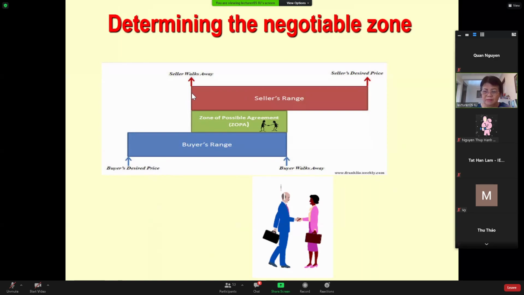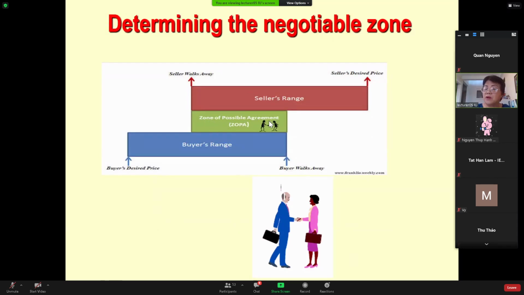If we pay the seller below this price, the seller will walk away. They will not sell it to you. Okay? And if you cannot buy the goods and services at this price, as the buyer, you walk away. Okay? So this is the room of negotiation. This is the room of negotiable. Okay? It's called the ZOPA,